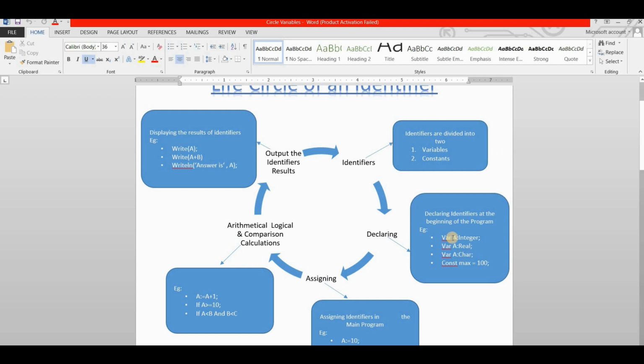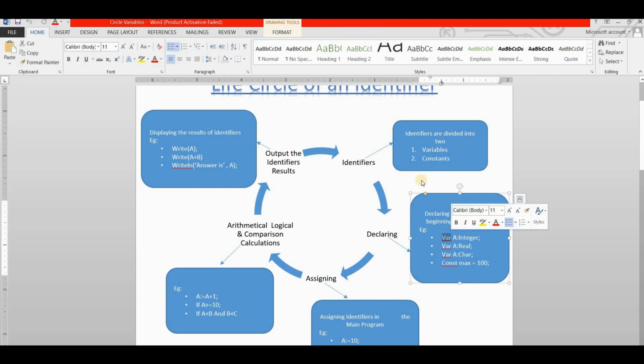So here you will find var is a keyword used in Pascal programming, and I have an identifier named a, which is equal to a data type of an integer,